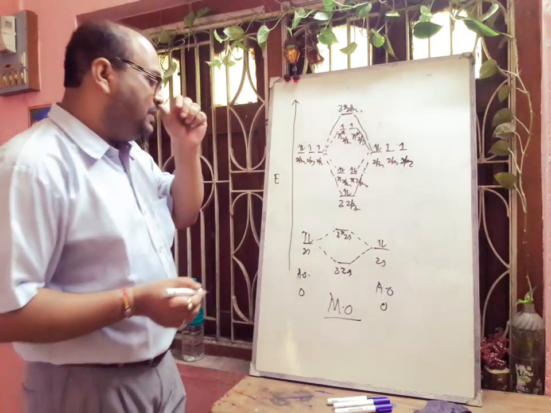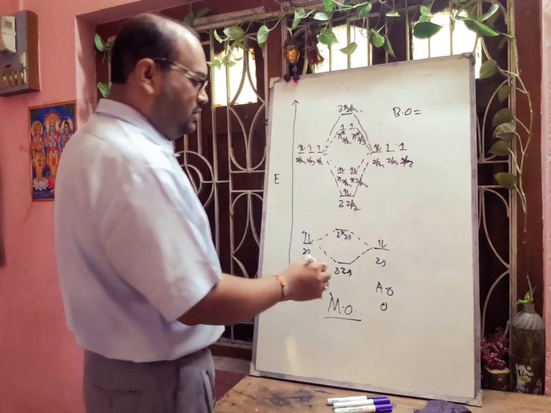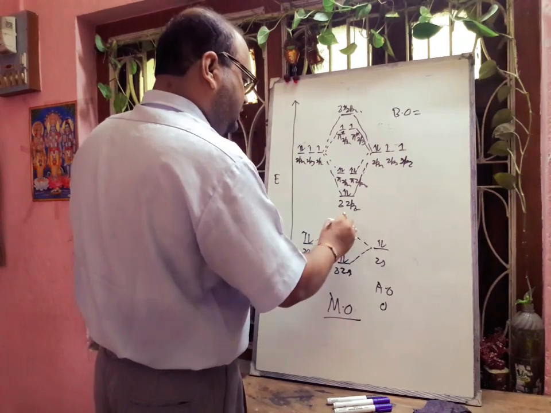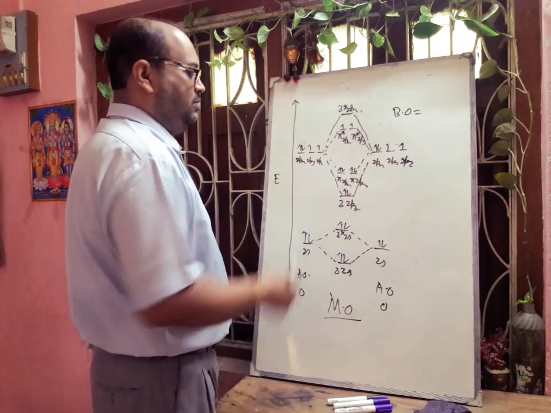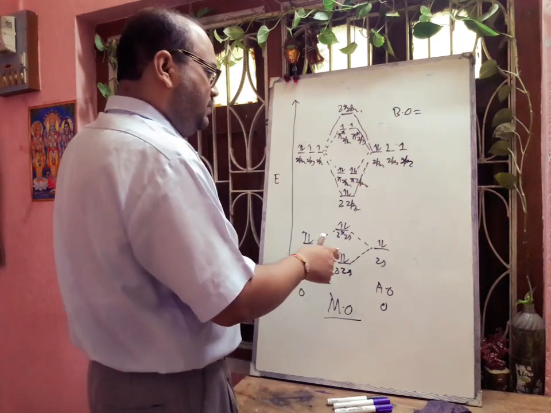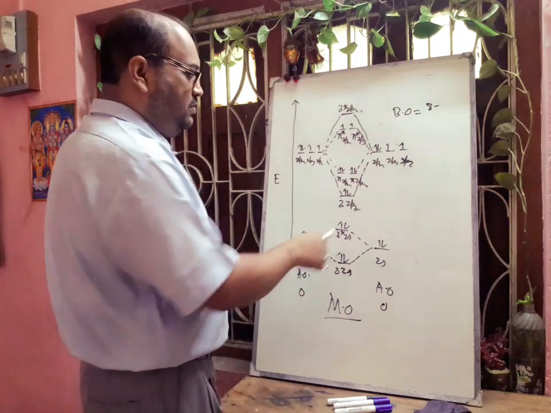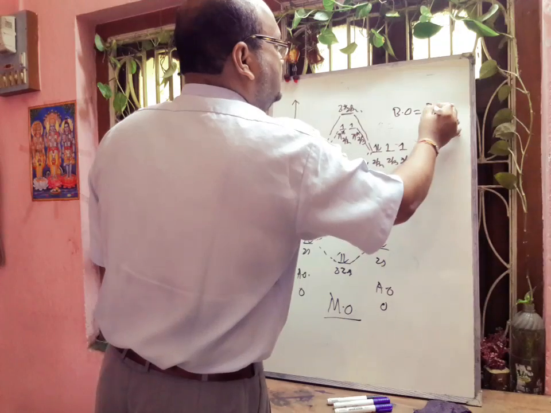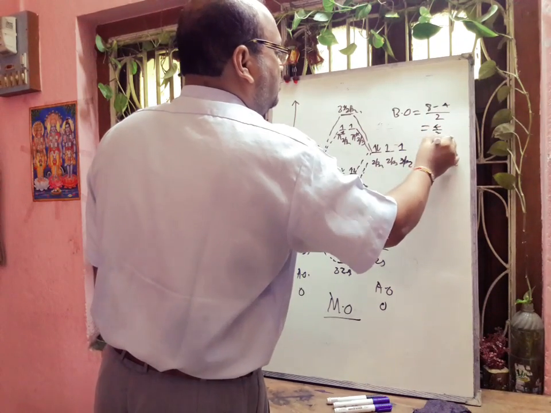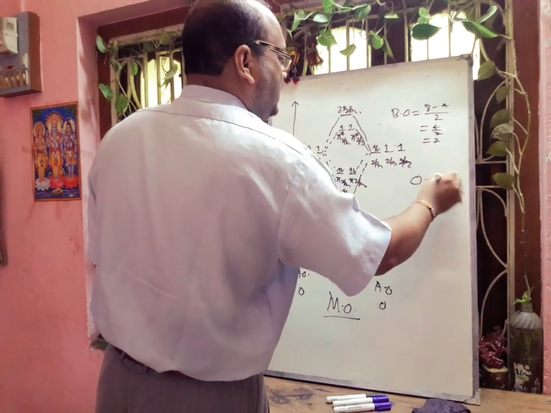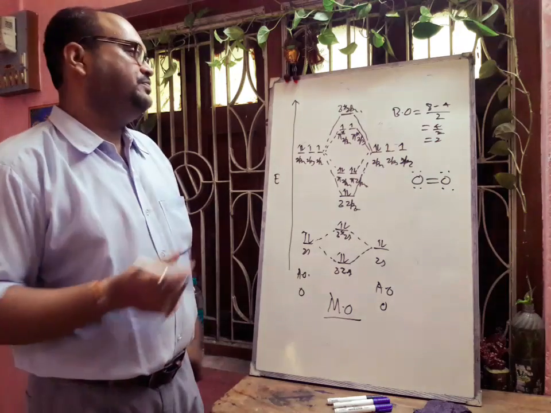Now we will calculate the bond order. So here bond order will be equal to the number of bonding electrons. Here we forgot to write these electrons: there will be 4 electrons, 2 in the bonding and the other 2 in the anti-bonding. So the total number of bonding electrons will be 6 plus 2, 8. The number of anti-bonding electrons will be 2 plus 2, 4. That means 8 minus 4 divided by 2, that is 4 by 2, that is 2. So definitely between two oxygen atoms there will be 2 bonds. That is why bond order is 2.